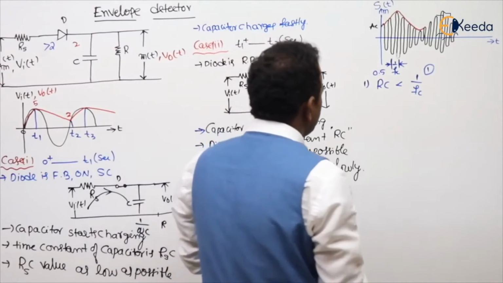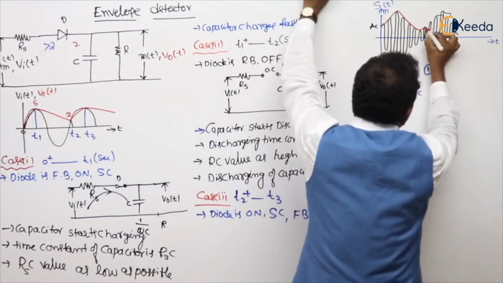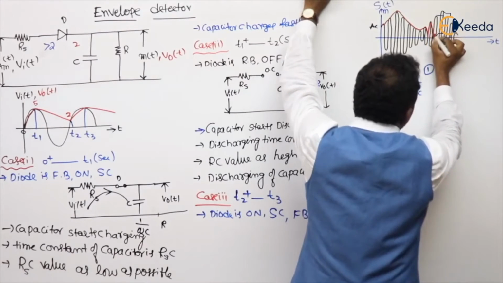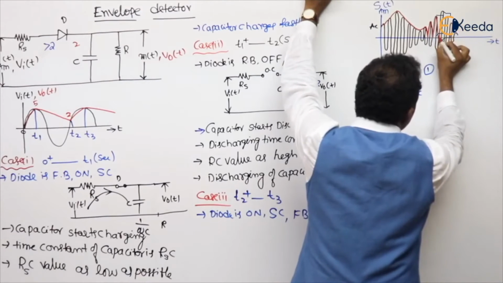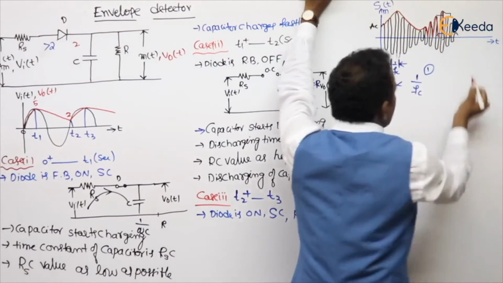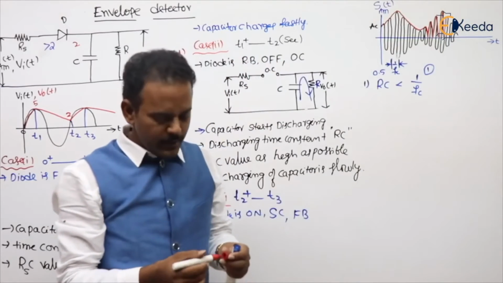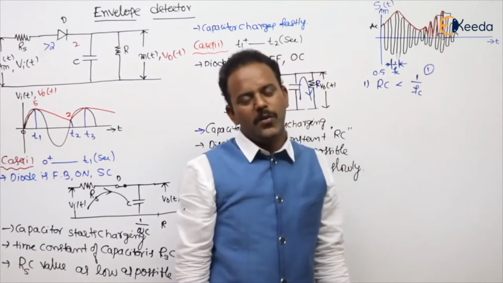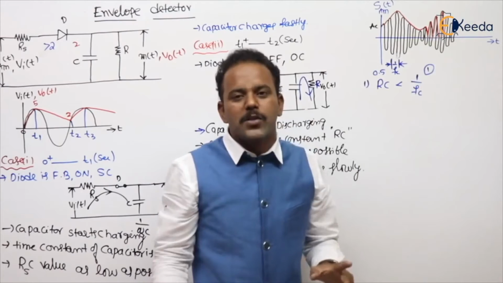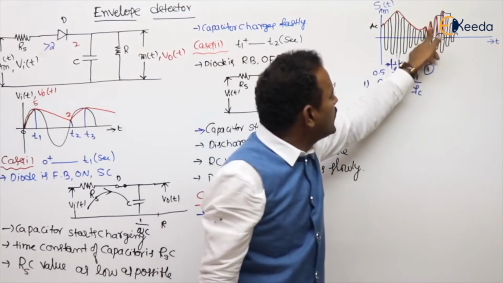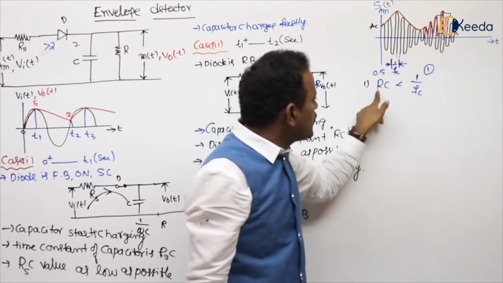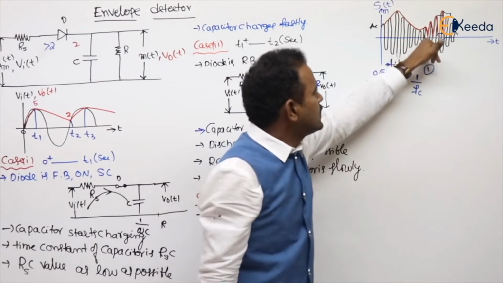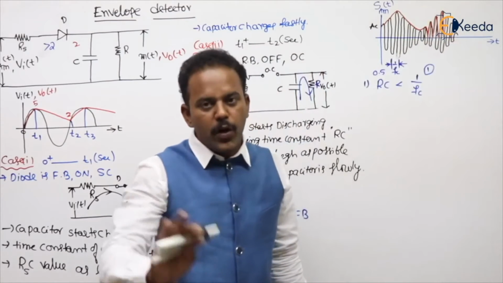See what is happening. After the peak value, discharge. Next peak, charging. After peak, discharging. Next peak, charging. After peak, discharging. Charging, like this, such type of output we will get. Do you want these ripple values? No. What do we want? Exactly the peak values. Before the peak charging, after the peak discharging. If we maintain discharging time less than 1 by Fc, discharging will happen first, so such type of ripple you will get. We don't want any ripple value.